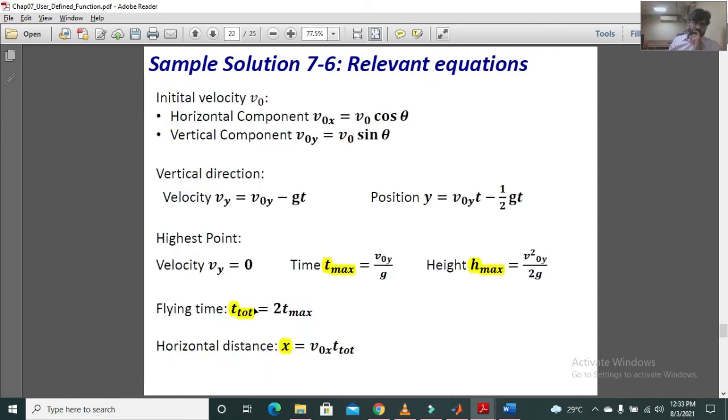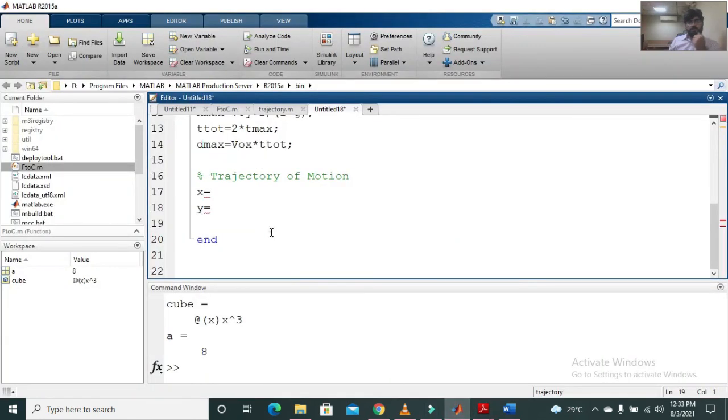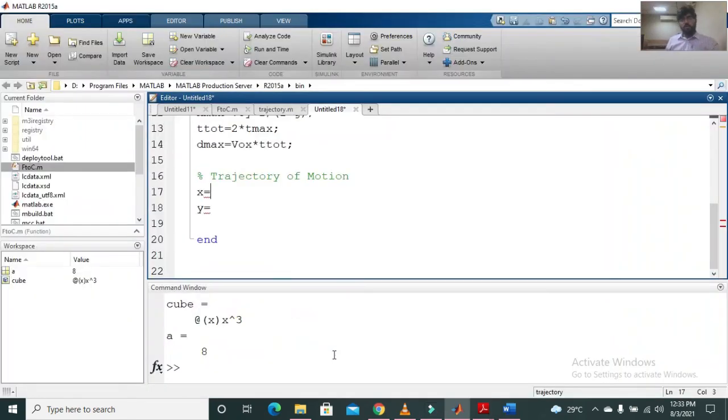Now, moving forward, you can see that for this x, you can calculate the horizontal distance by multiplying the x component of velocity with the time, t plot.